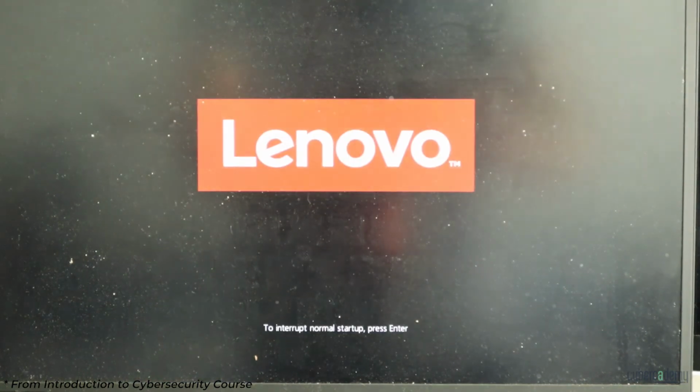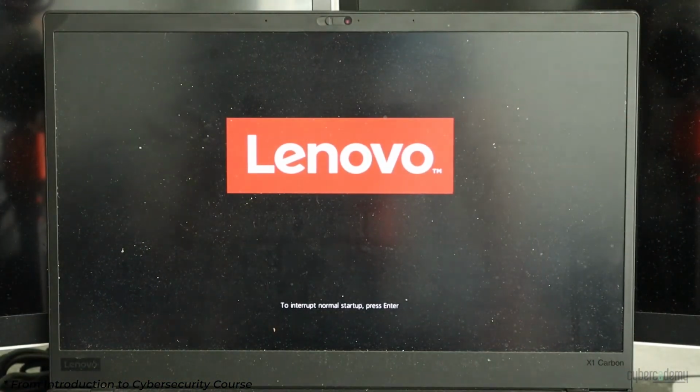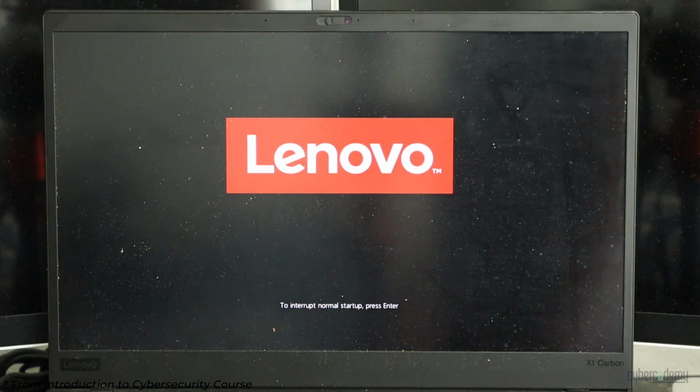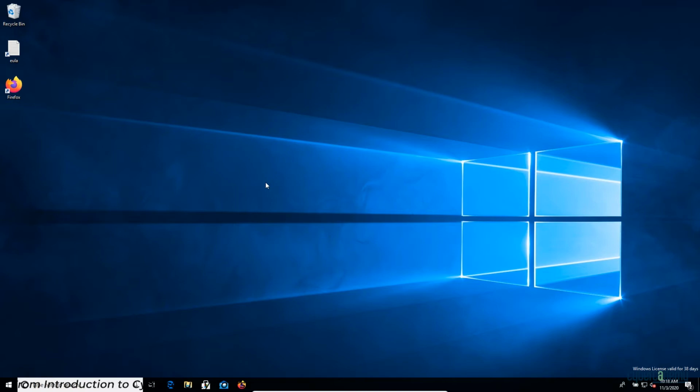And now we have virtualization enabled with our computer. We're just going to go ahead and let it set up. And from here, we can go ahead and install the VirtualBox hypervisor. Let's go ahead and install our first virtual environment to play around with different operating systems and machines. And we can do this through the use of VirtualBox, also known as a hypervisor. Through the power of a hypervisor, we can play around with other operating systems such as Linux and other Windows